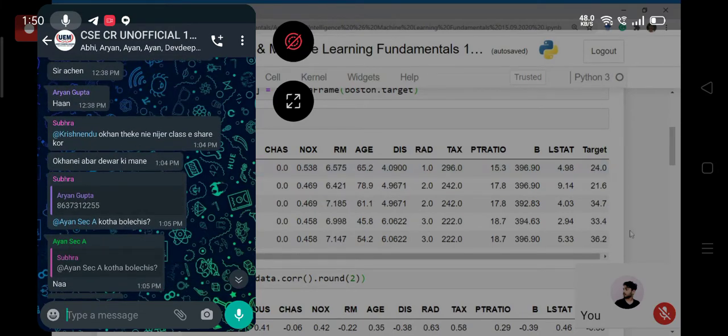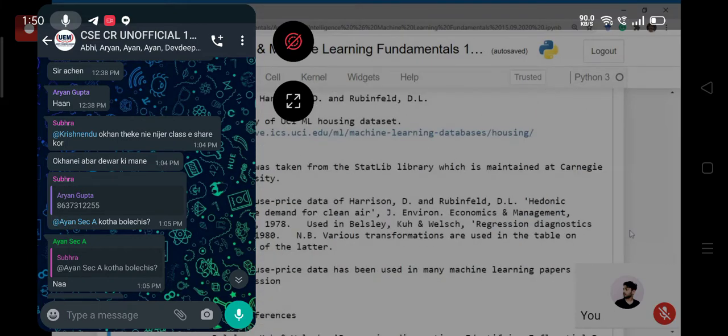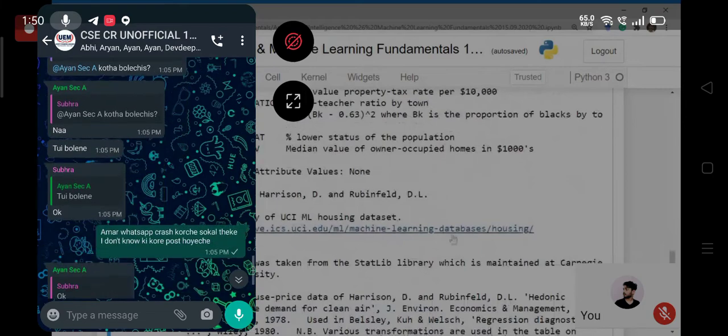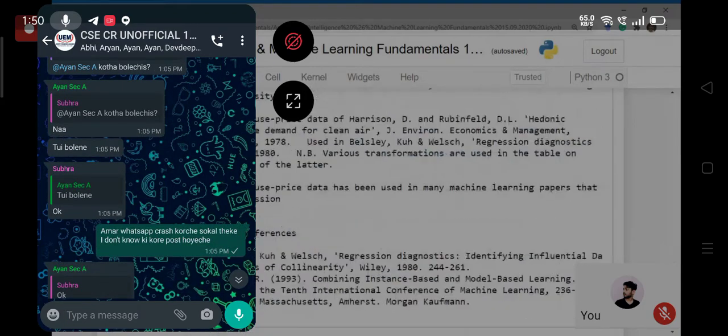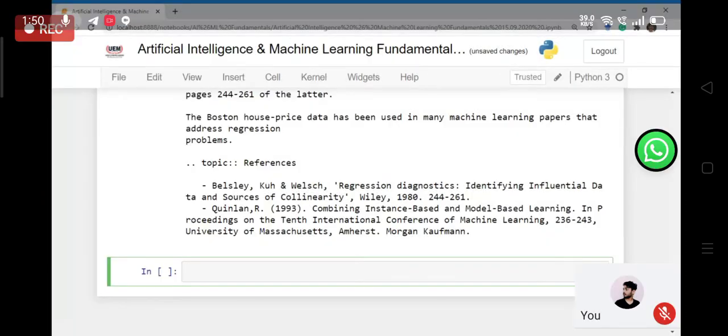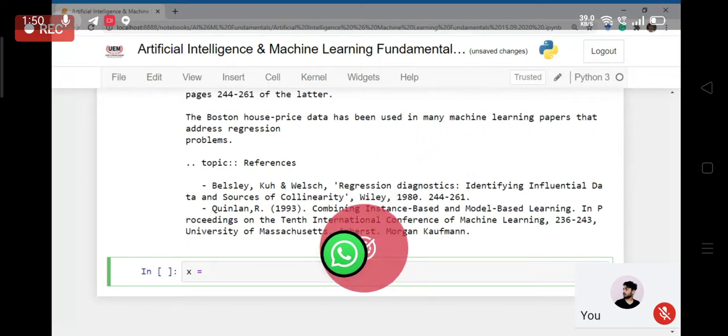So let us go ahead and build the linear regression model, and you have all the other information regarding the dataset in this. You can just run this in your own notebook and find it. Now, as I was saying, I would like to keep the values in two different variables.